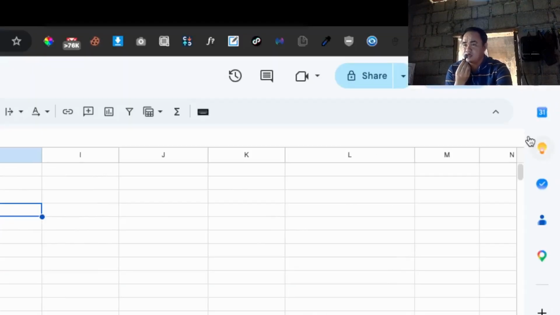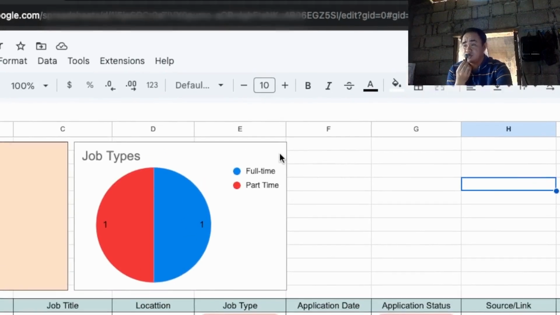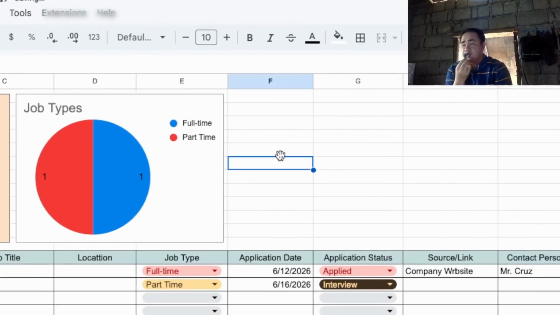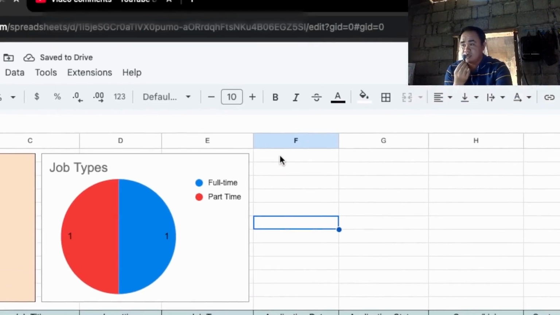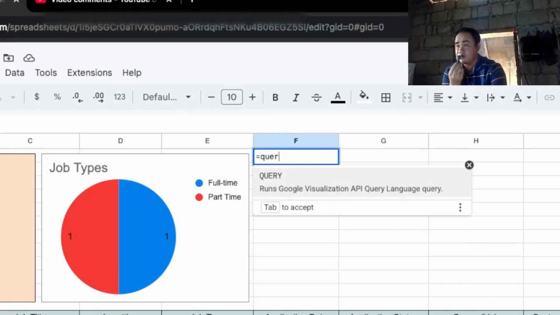And then the next one is we're going to add our top sources, guys. So this is a bit technical because we're going to use function here. So okay, so to do that, you can just input query function.